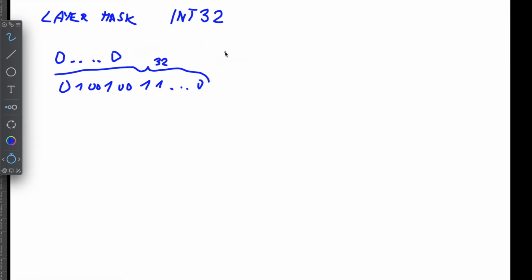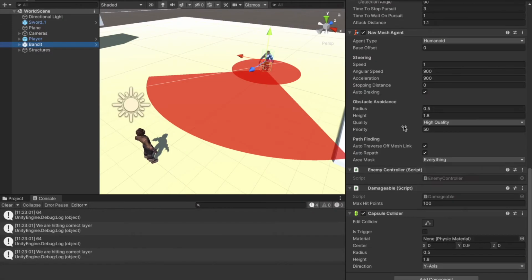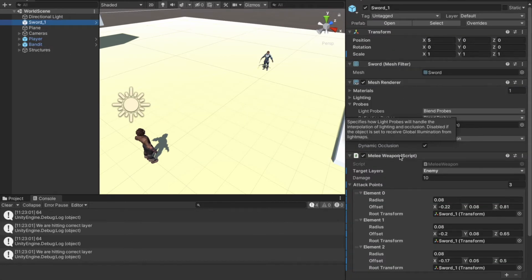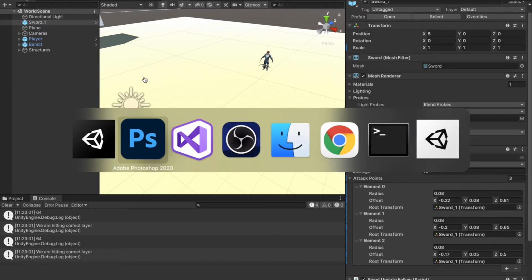So now let's imagine our particular case of the target layer that we have on the bandit. On the bandit, on a melee weapon, on a sword, we have our melee weapon script, and we have the targets layer, and from all these layers we are targeting only the enemy layer. So the targets layer holds only enemy. This means